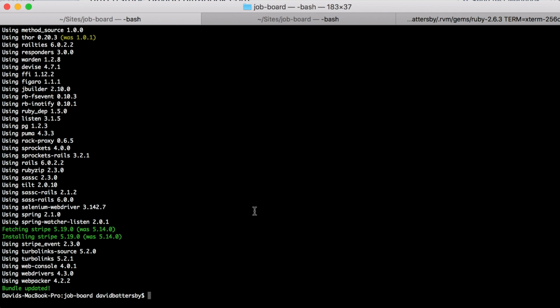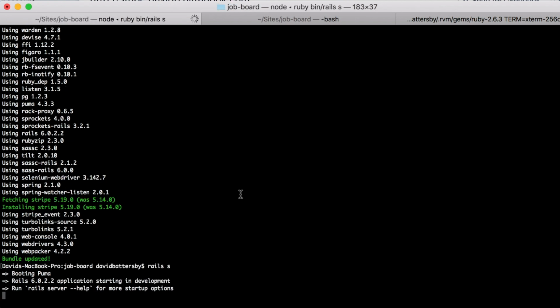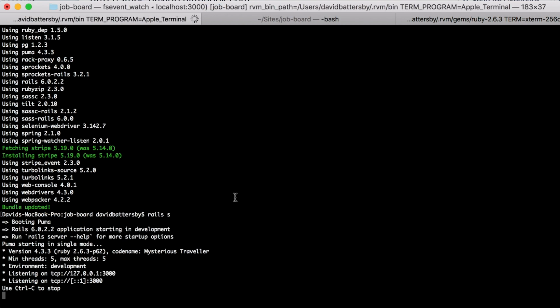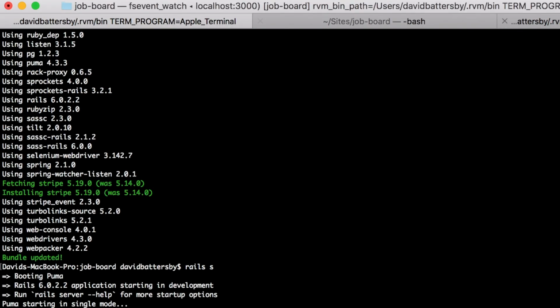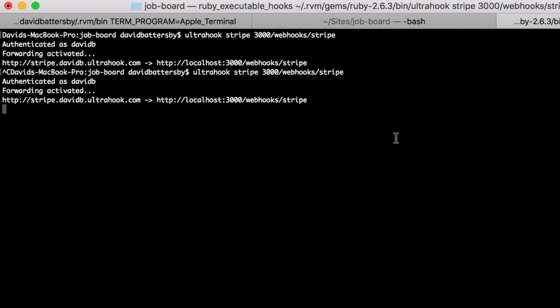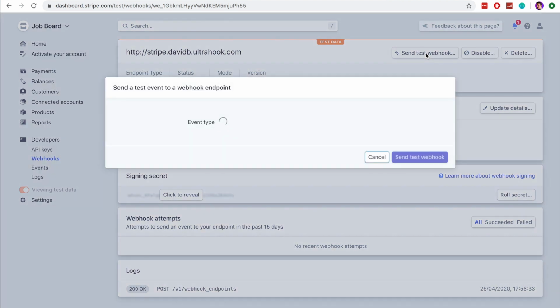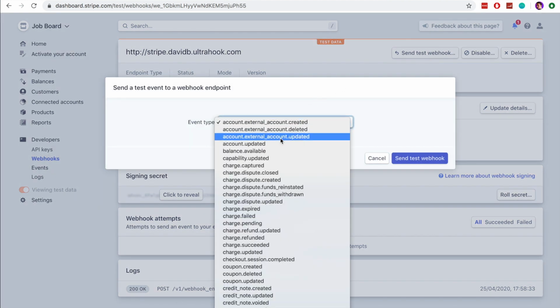And that appears to be working this time. So I'll start the Rails server again. And I will switch back to the UltraHook tab now in my terminal. And I'm going to cancel this and run it again, this UltraHook command. Since we have changed the values for that in the file for Stripe, I just want to restart it